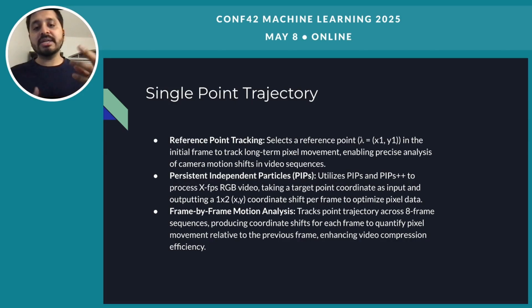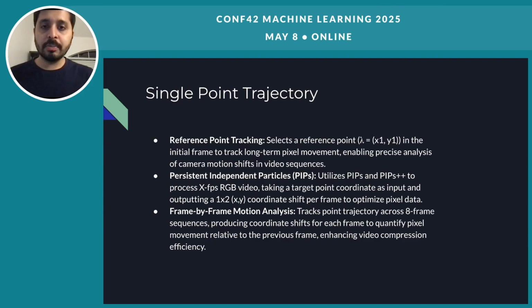So there are three different ways a video can be seen. One is where the objects are static and the video or the camera is moving, or the camera is static but the objects are moving. Or it could be both. The camera and objects could be moving at the same time in a video. So there are three different approaches. The single point tracking can solve only scenarios where the objects are static, but the camera is moving. But multi-point trajectory can do it way better by having multiple pixel point tracking trajectories, and based on that we can try to get an average movement of it, and we try to avoid the redundant pixels.